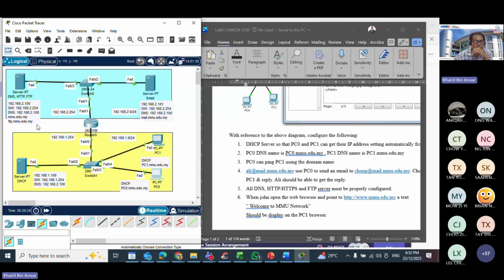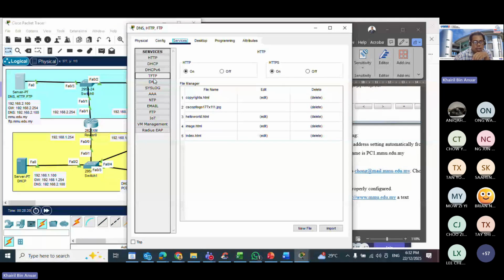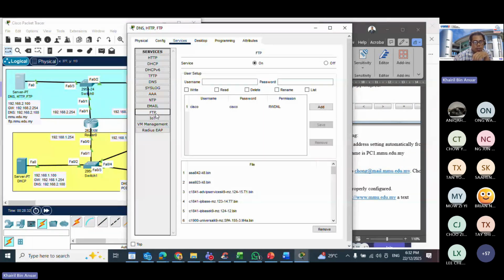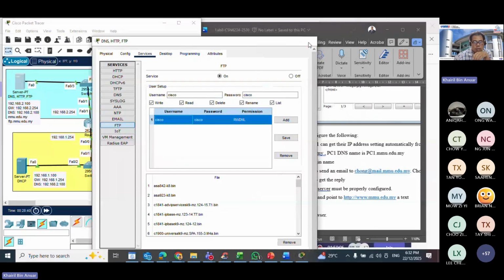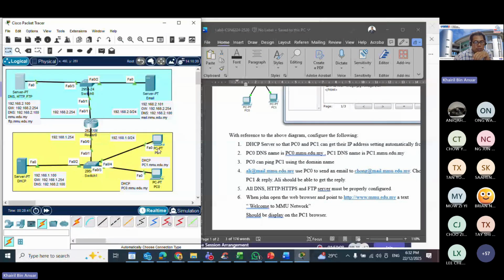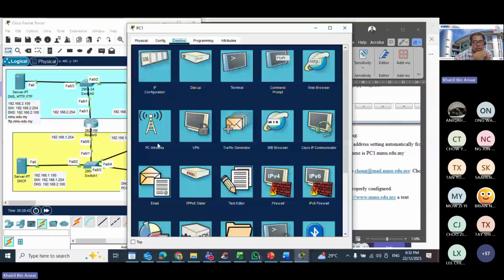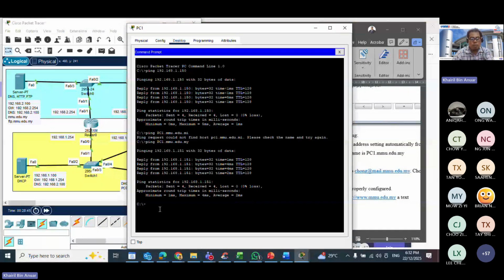And last but not least, okay, the FTP. If you go to your FTP over here, on by default you have a username of Cisco, right? So I just want to properly show that you can connect. So how do you show that it can connect?